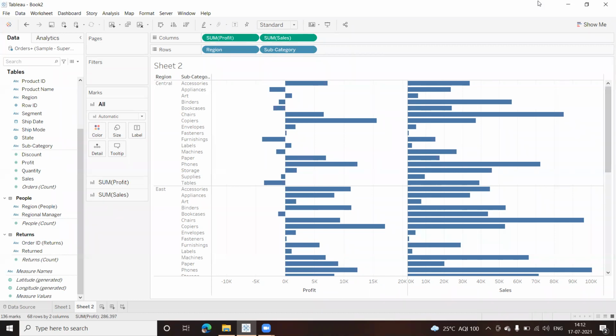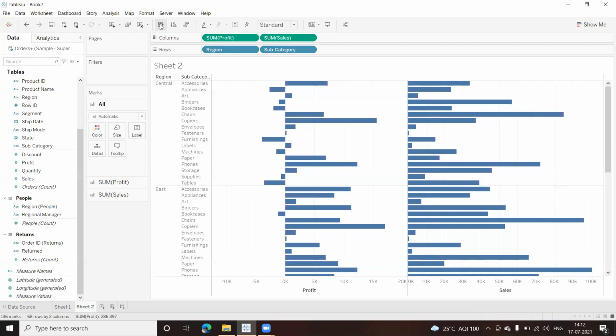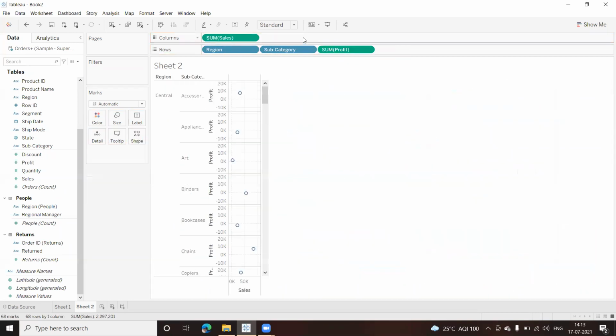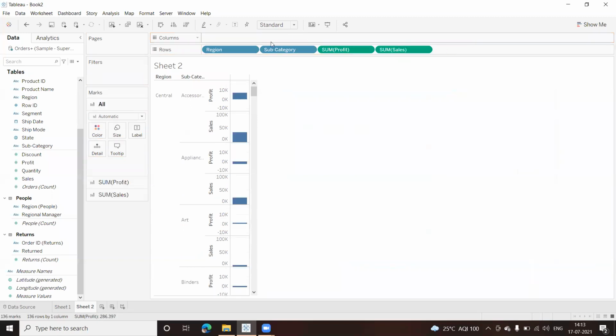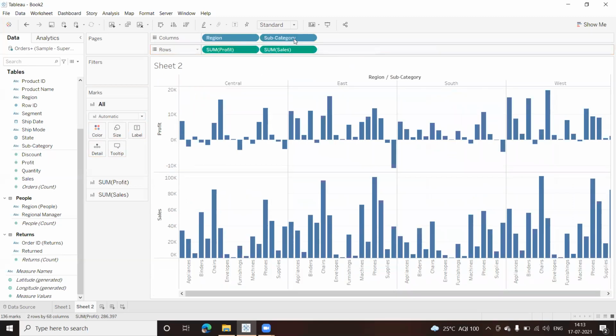Let us transpose. Now this is looking more readable. I'll get this down, this also down. Let me put region on top and the subcategory here. Now this is also not that good.